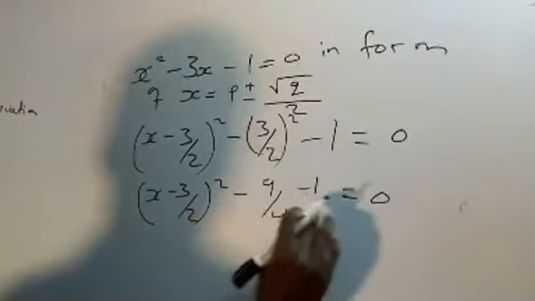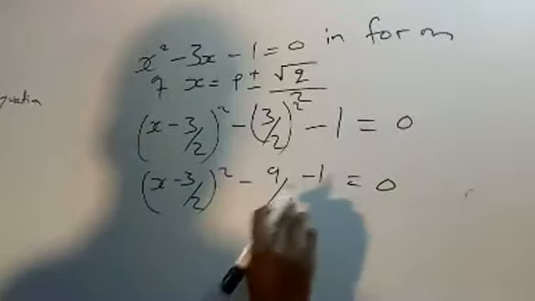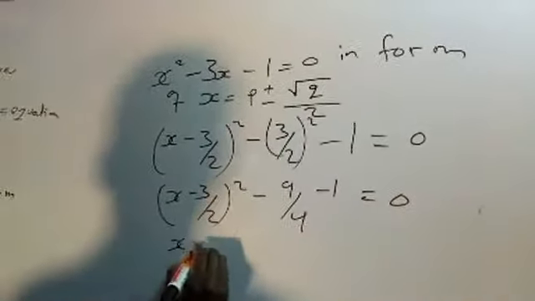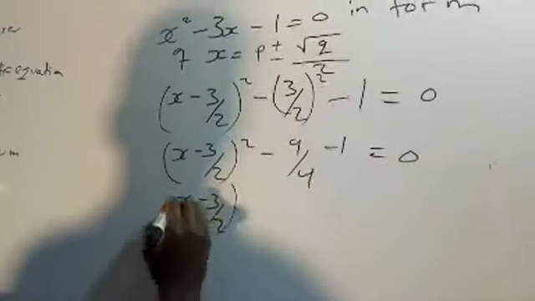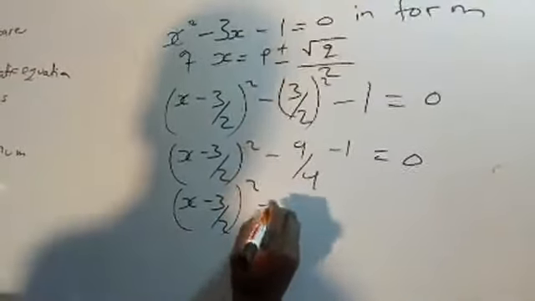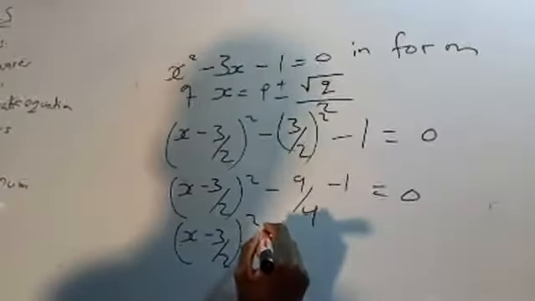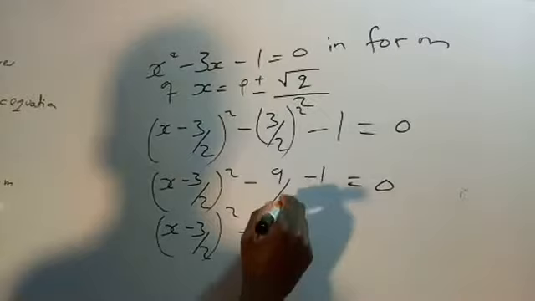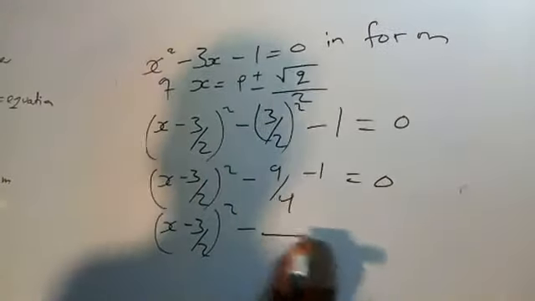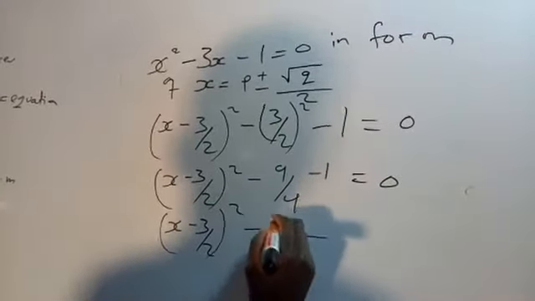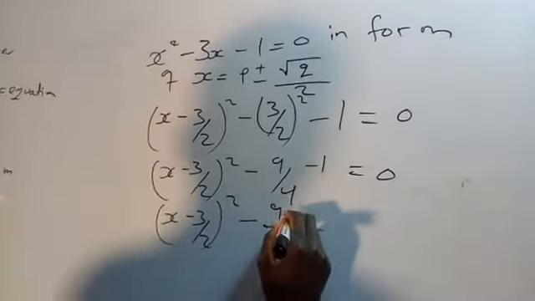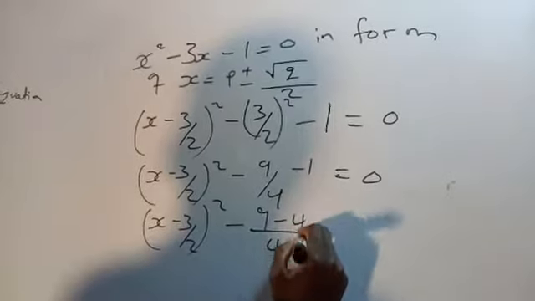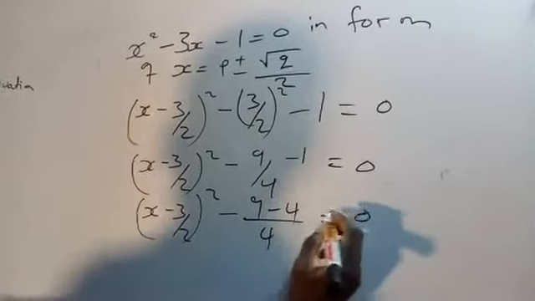By computing this, we are going to get x minus 3 over 2 squared minus, if we complete this, 4 to be negative 9, yes, negative 4 equal to 0,